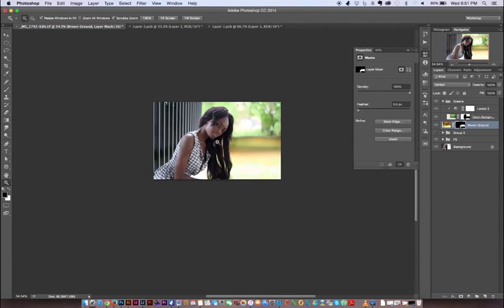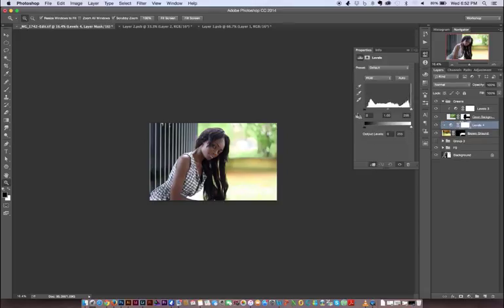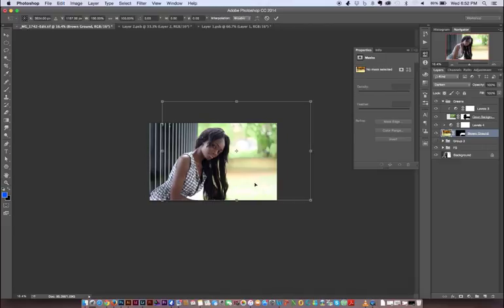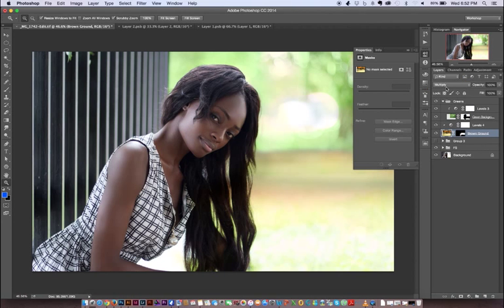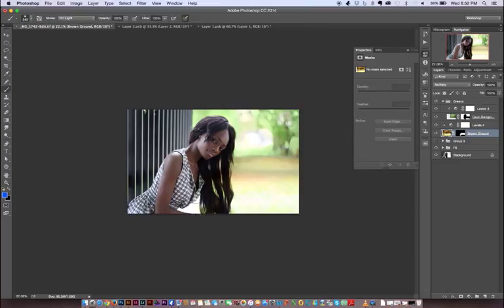Again, I'm going to create a levels adjustment on top of the background as well, the brown background, and I'm going to clip it also. Then I'm going to brighten it up just a little bit as well, so it also blends in. And let's see, multiply. Multiply kind of works really well. So I'm going to keep it at multiply, and I'm just going to paint in